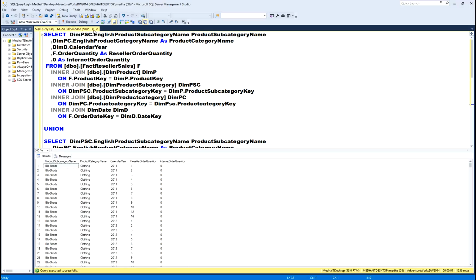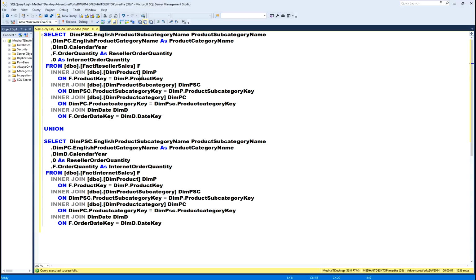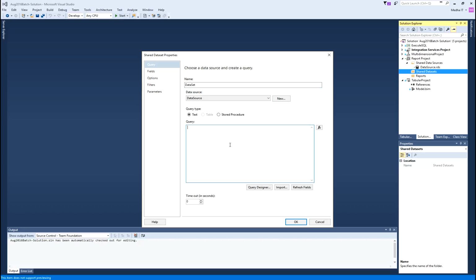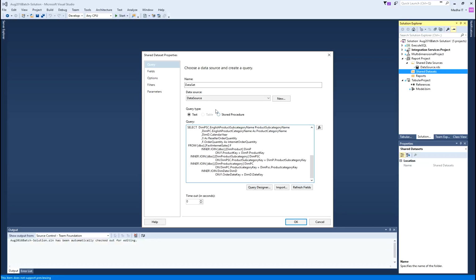Okay. So, this is my query. I want to use it as a data set, a shared data set. Control C, I will take this query, paste it here, and I will call it sales by product. So, that is my data set.